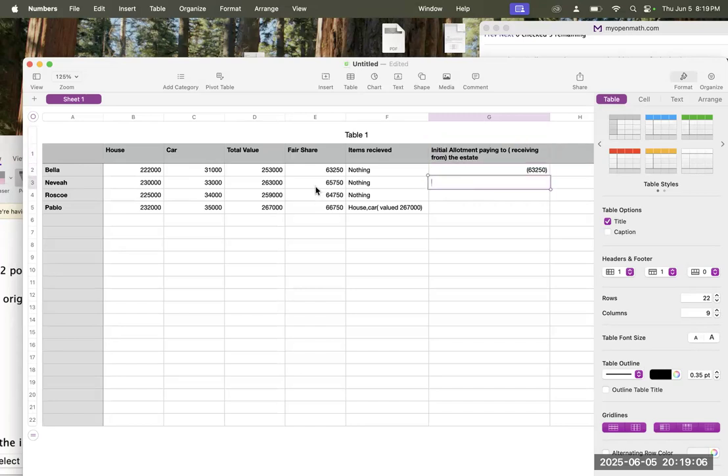The same thing with Nevaeh. She deserves $65,000 and she gets nothing. So the estate still owes her $65,000. So 65750, in parentheses. Like I said, I put in parentheses when the estate owes them. Okay, then